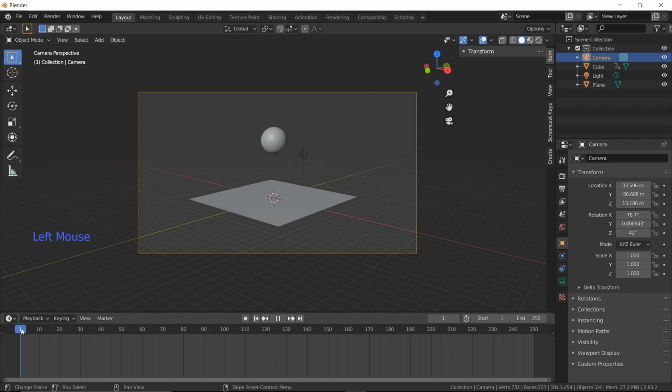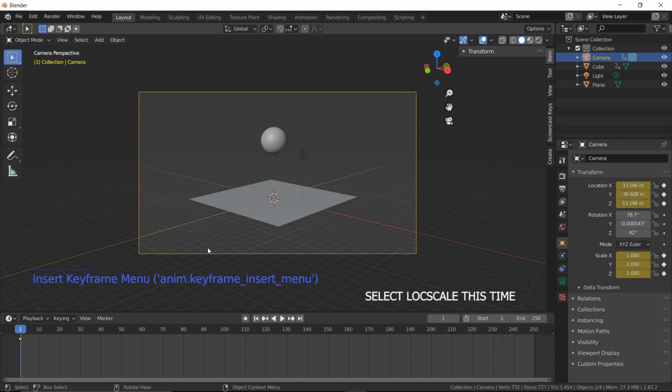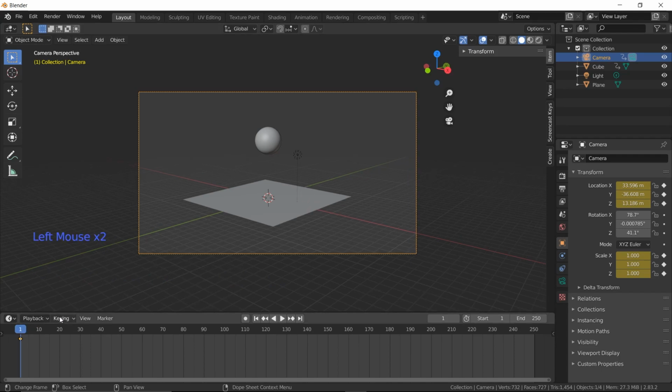In a similar way to how you created keyframes for your object, we have to set keyframes for the camera motion. Let the first keyframe be at this position. To create a keyframe at this position, press I, then select location and scale. Then we have to pan our camera. We are going to pan our camera a little closer to the object. For that, move to the 10th frame.